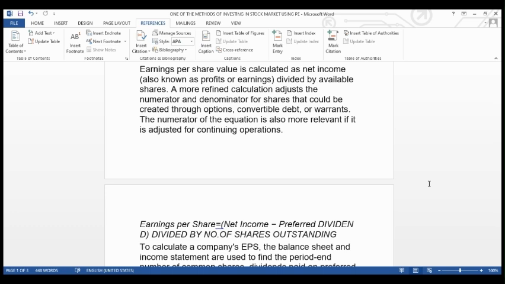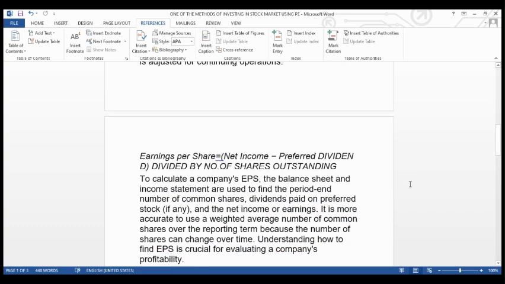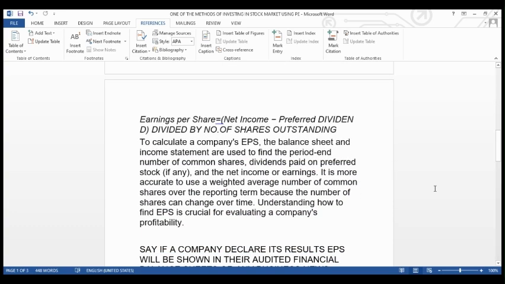The numerator of the equation is also more relevant if it is adjusted for continuing operations. For simplicity, I will say that earnings per share is equal to net income minus preferred dividends, divided by the number of shares